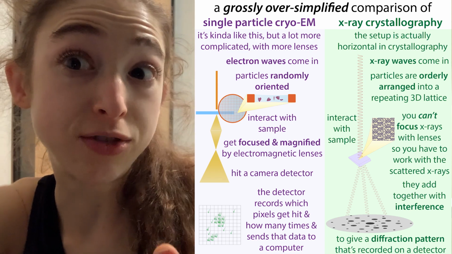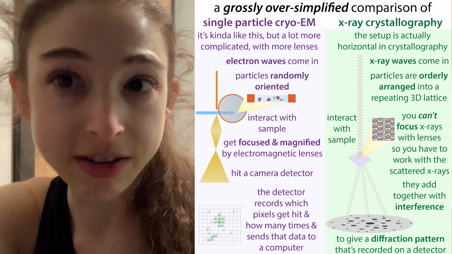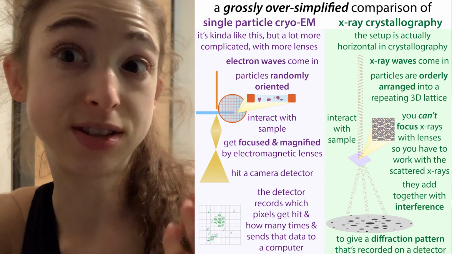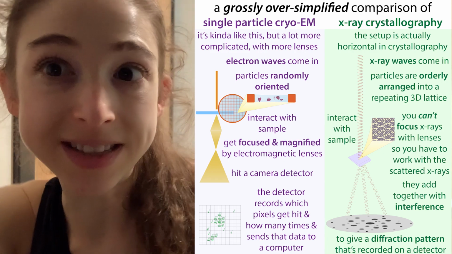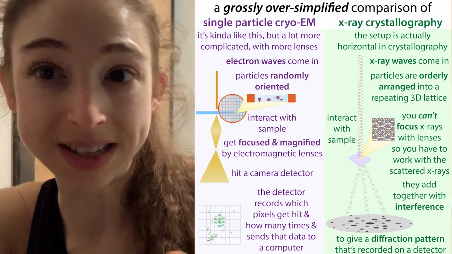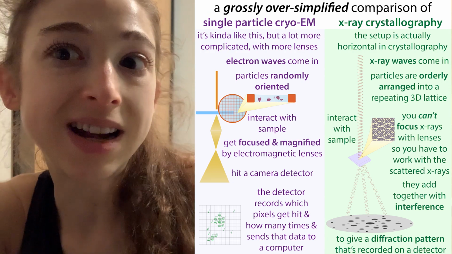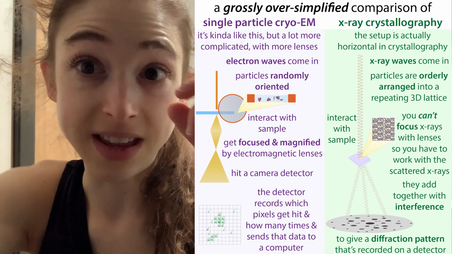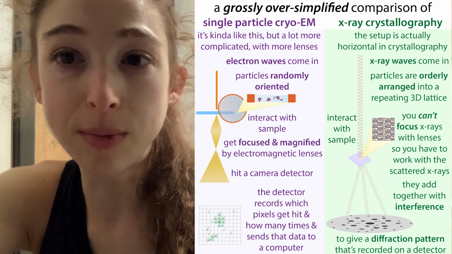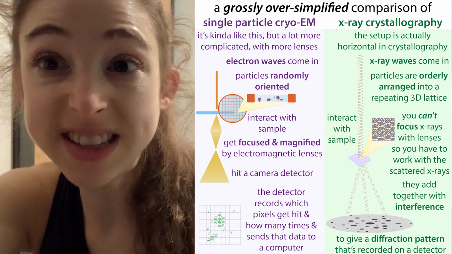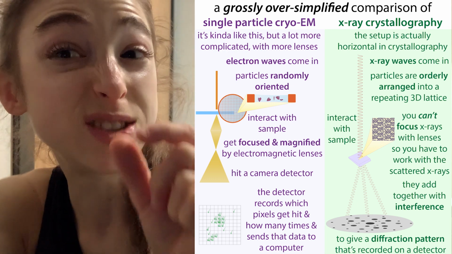Cryo-EM, or Cryo-Electron Microscopy, and X-ray crystallography are two of the main ways that scientists get a look at what proteins and various complexes look like. And when we talk about getting a look, it's not as easy as just going and looking with your eyes or even with a normal light microscope. That's why we have to use these really fancy techniques, because the things that we're looking at are really